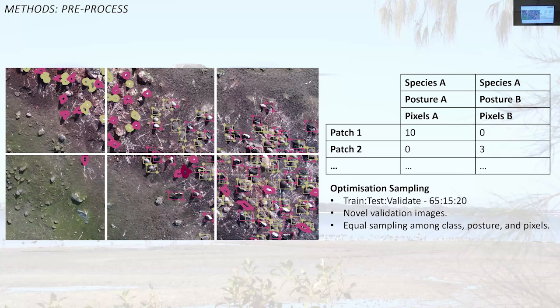We also split our data into 3 different data sets: a training data set, which you use to train the model, a testing data set, which tests the performance of the model during training, so that we know when the performance of the model stops improving and we can stop training. And then a validation data set, which was novel images that weren't in the training data at all. That's to test how the model performs in a new context, or a general context.